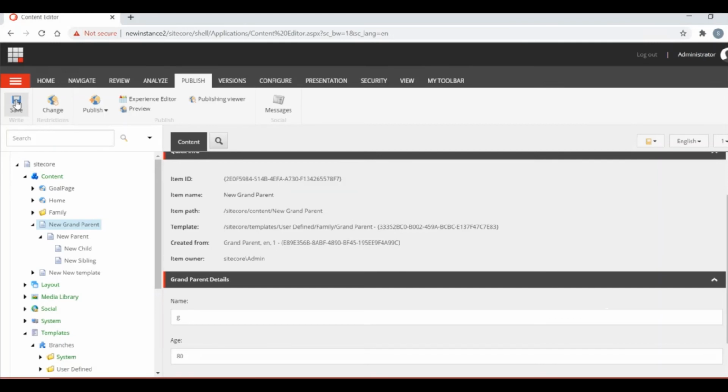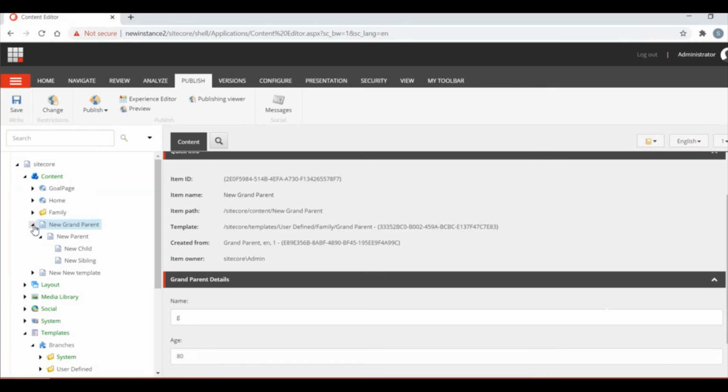So what is the use of branch template? One example is a multi-site. For example, if you create a base site in some language, say English, and you want to create a German or French version, but the business structure remains the same.